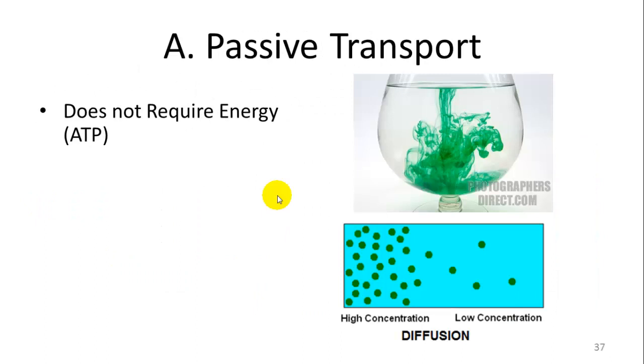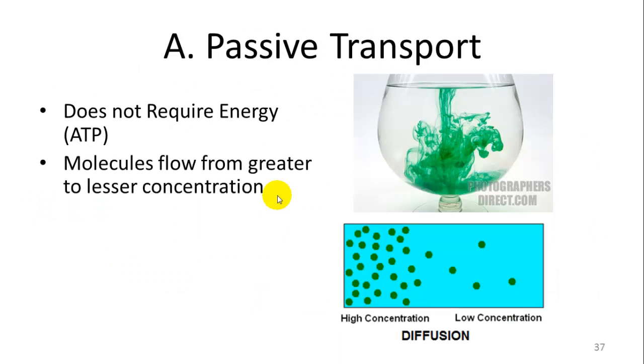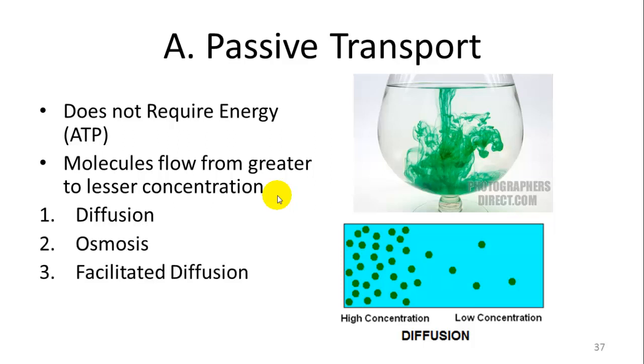All right, passive transport, like we said, doesn't require ATP. It is the molecules flowing from greater to lesser concentrations. So you have this little figure here. You have a high concentration of this green substance, these green dots in one end, and a low concentration in the other. So naturally, these green dots will flow to the right. Okay, diffusion is simply that. Osmosis is another process dealing with water. Facilitated diffusion is diffusion through a channel, and filtration or bulk flow is due to pressure. So we'll go through these individually.